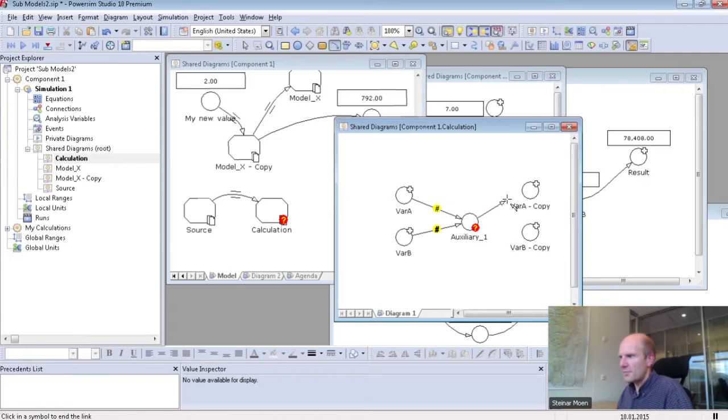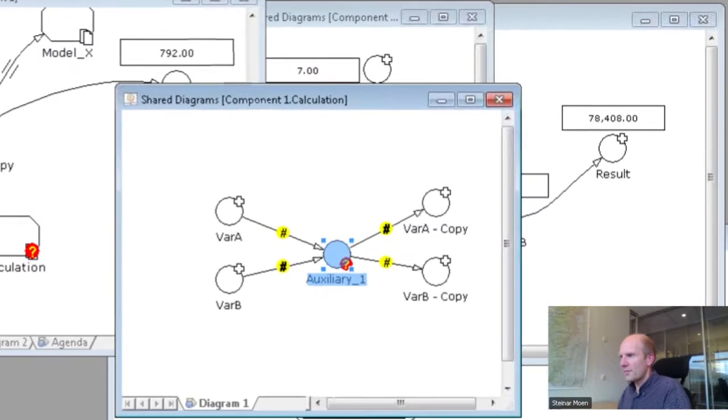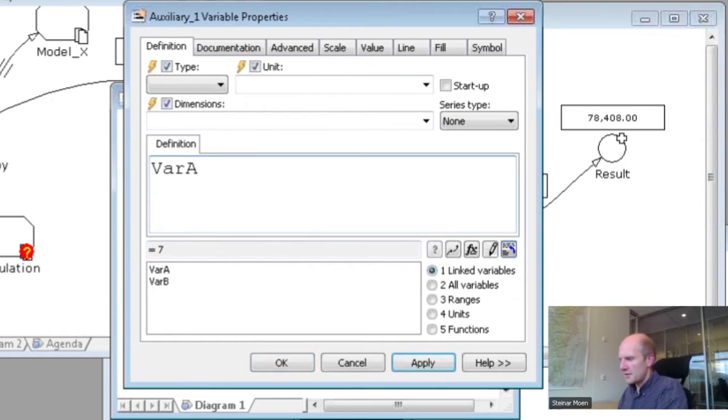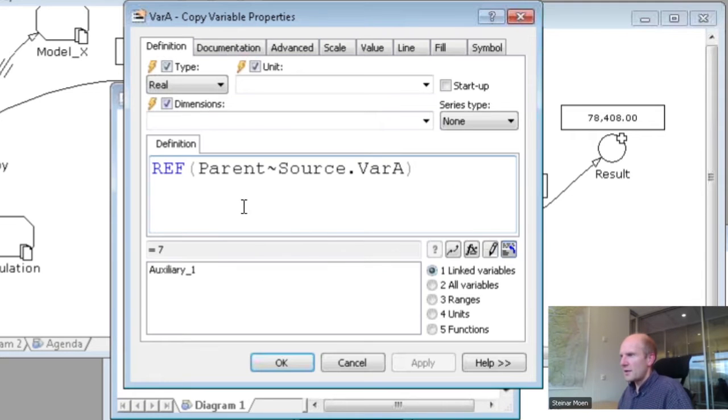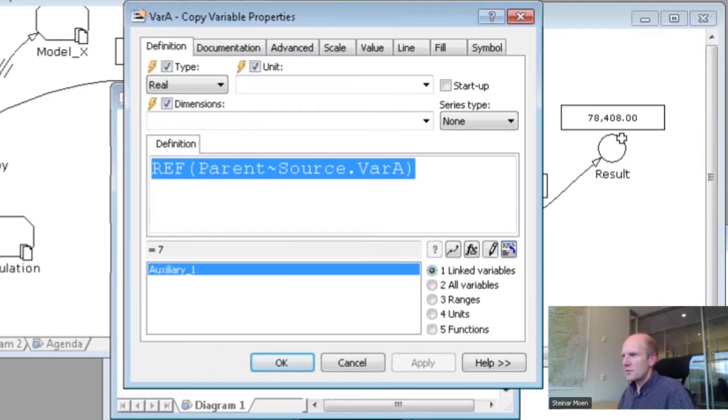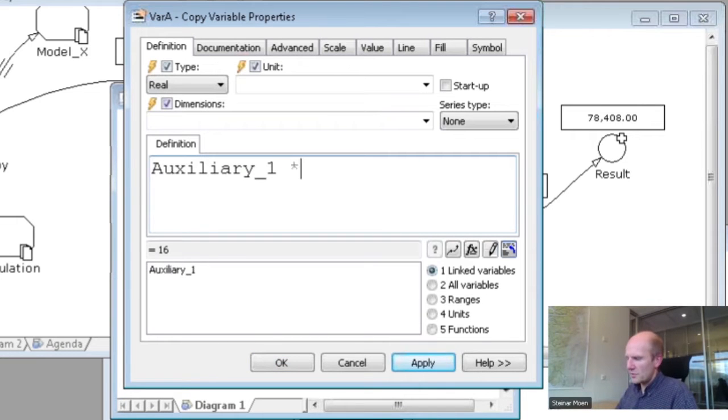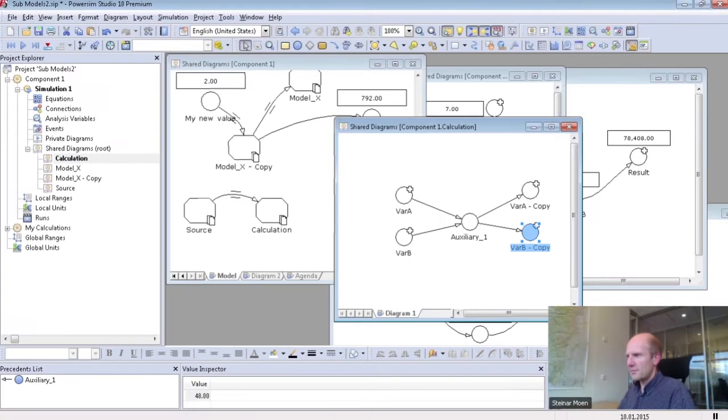Sorry, there. Something like this. This one, for instance, is some of them. And this one should be this auxiliary 1 times 2. And this one, auxiliary 1 times 3. Could have used some fractions perhaps, but